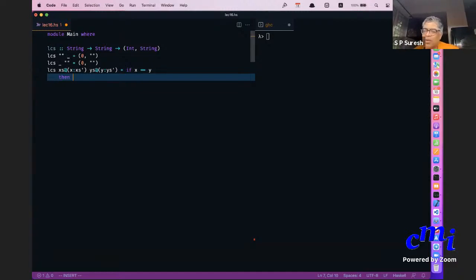Normally you would write 1 plus LCS of x's prime y's prime, but you can't do that here. You will get an error because LCS of x's prime y's prime will give you a pair, a length and a string.